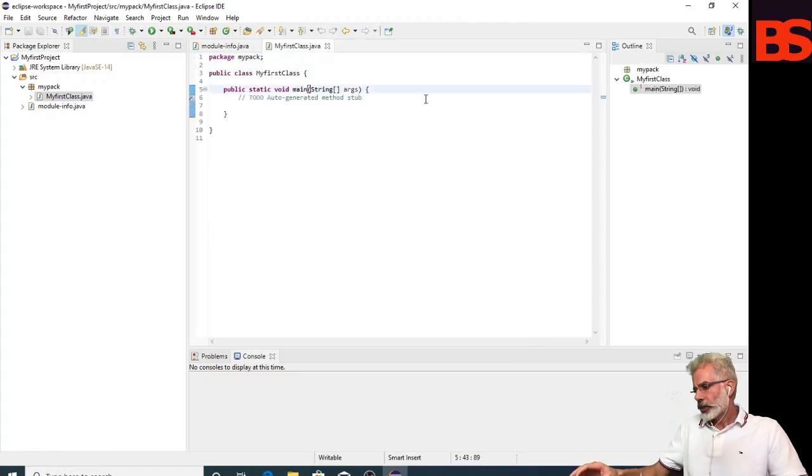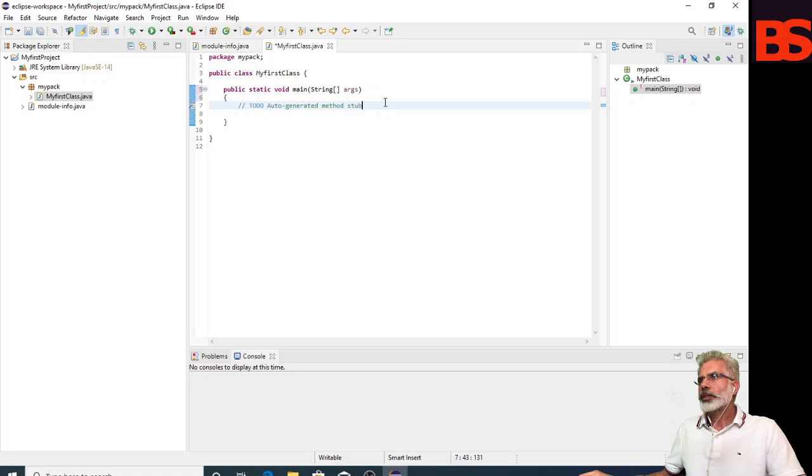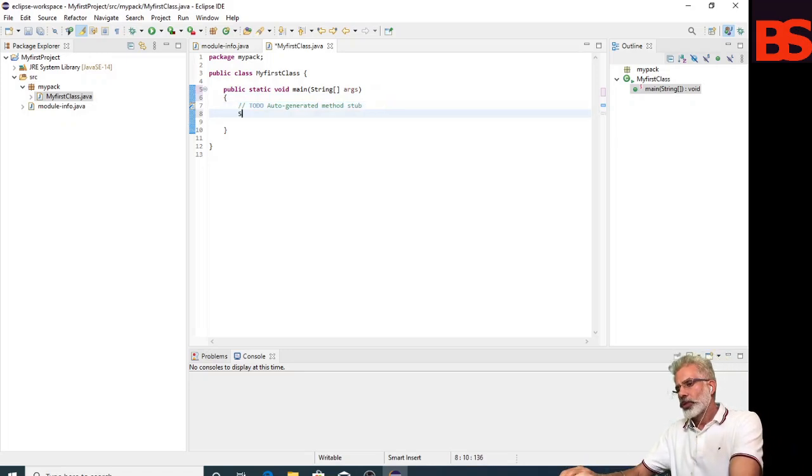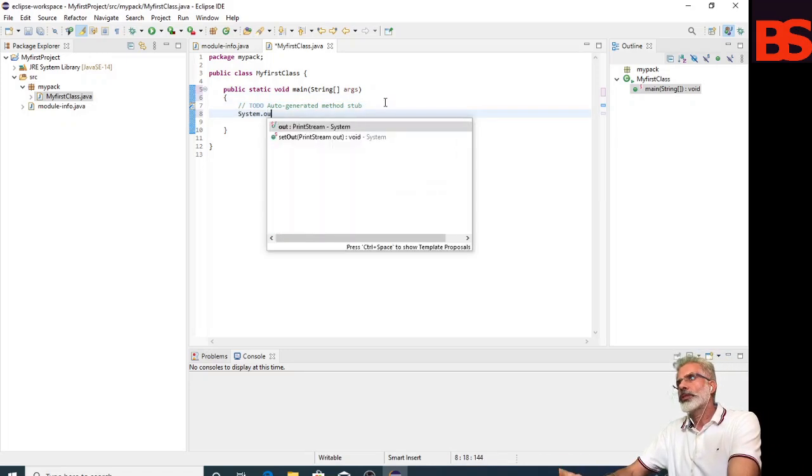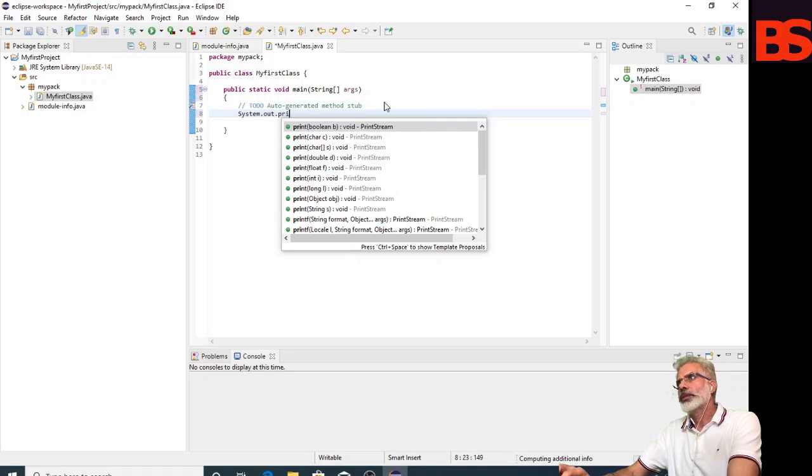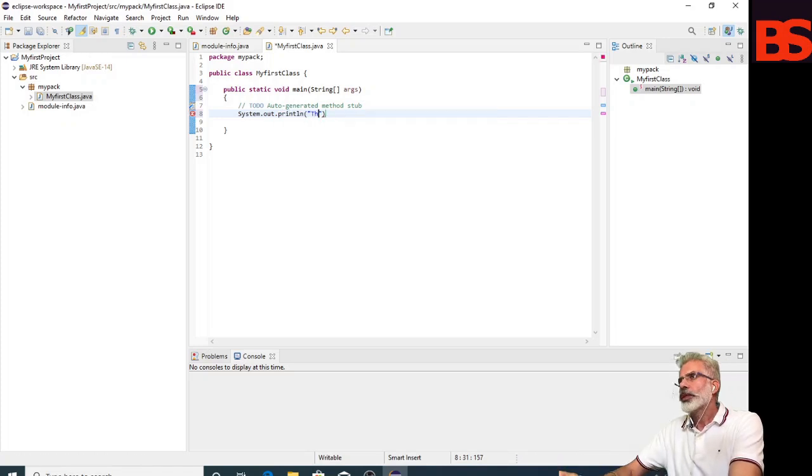Now I add one statement to show you: System.out.println("This is my first project in Eclipse IDE");